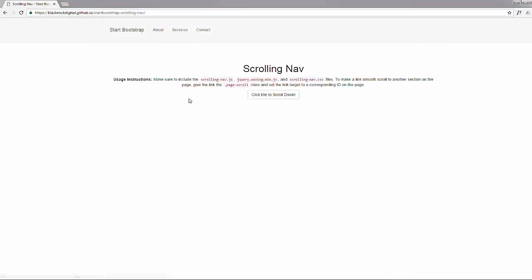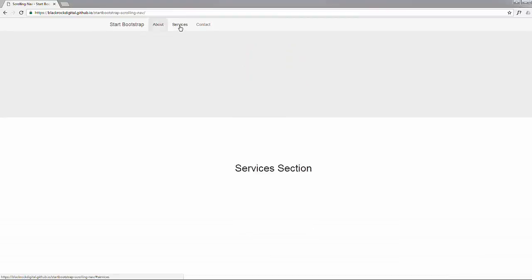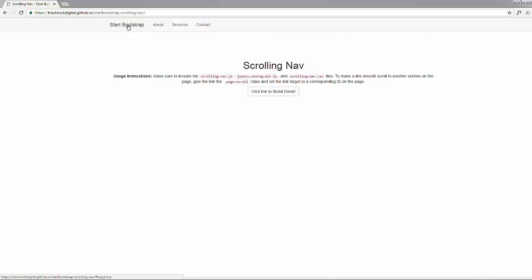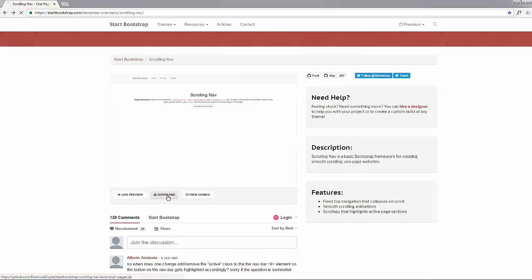This is it, and it's just got a few sections with a nav bar at the top here. It's automatically got the built-in smooth scrolling. So that's just what we want for our new site. So if we go back and download it,